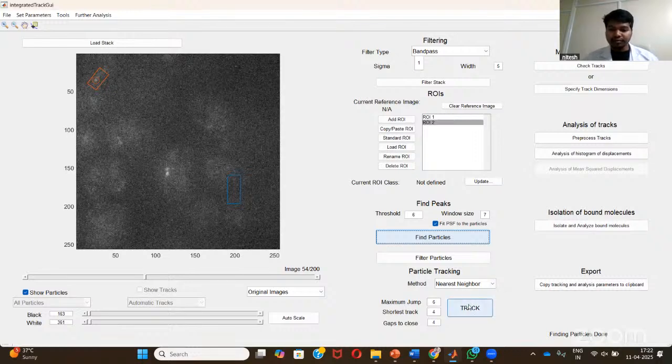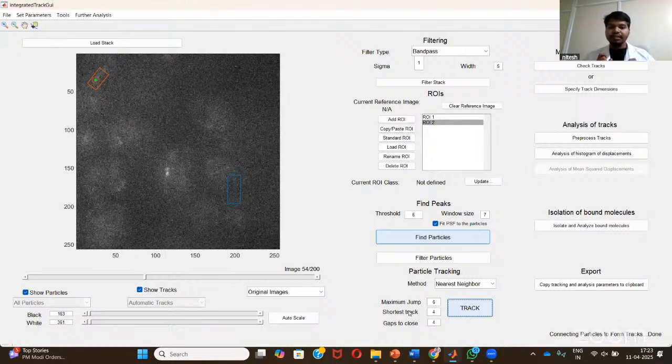Now we basically keep certain criteria to define whether a molecule is bound or not. As you can see, we are asking the software to consider only those molecules that are residing within a maximum of 6 pixels, and the shortest track represents the shortest track that we are expecting.